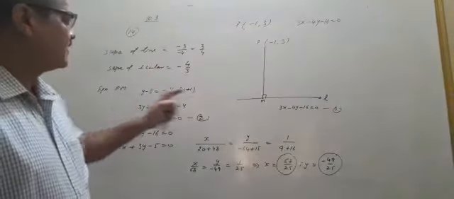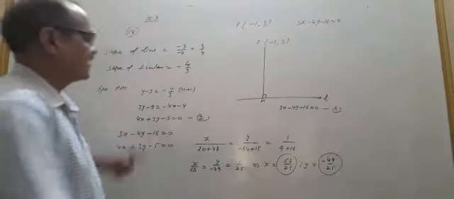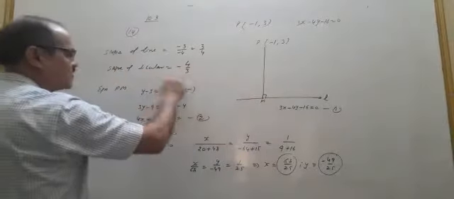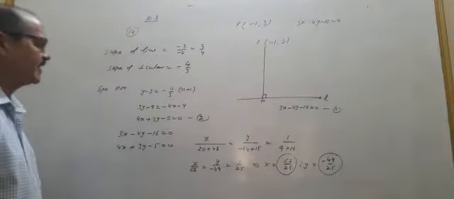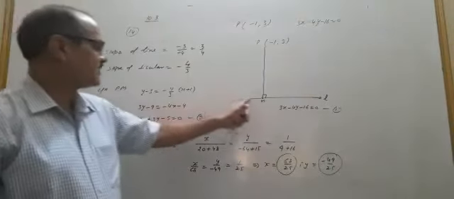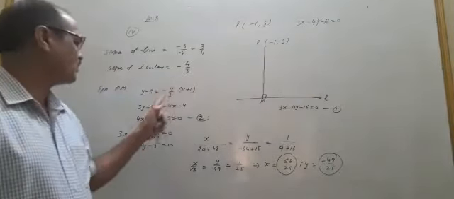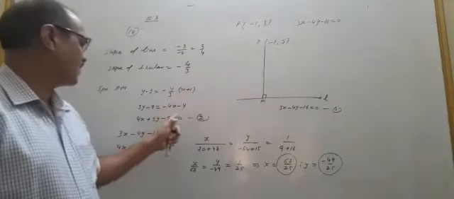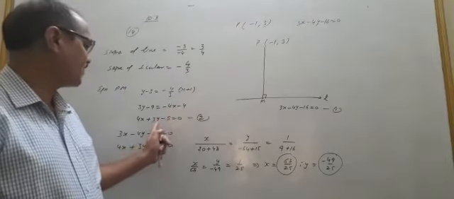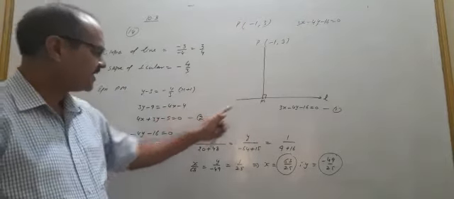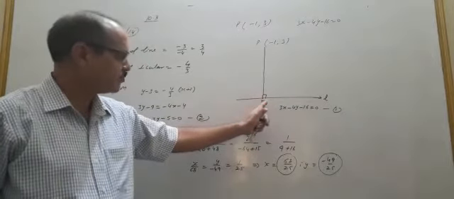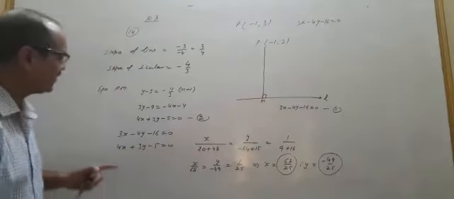To get the slope of the line, the slope is minus the coefficient of x upon the coefficient of y. Slope of the perpendicular, that is line PM, is minus 4 by 3. The equation of PM passing through a point, in point form: y minus y1 is equal to m times x minus x1. Simplifying this, we get the second equation. Now I will find the intersection point M of the first and second. So I applied the cross multiplication method.